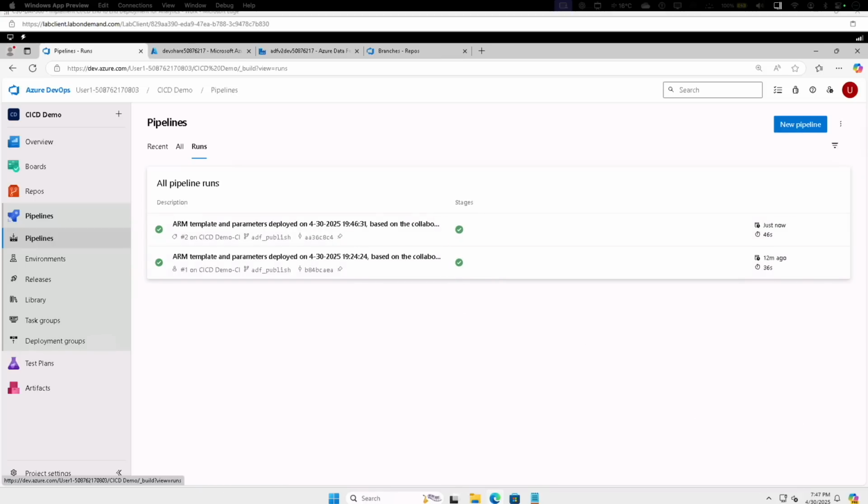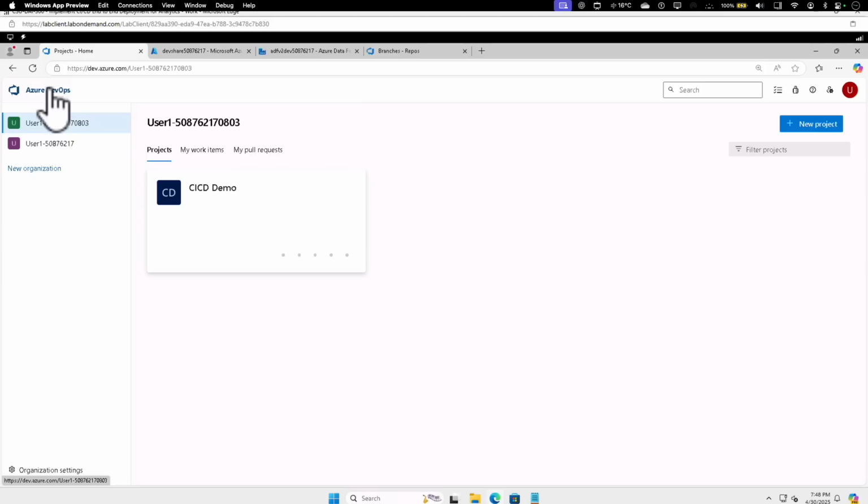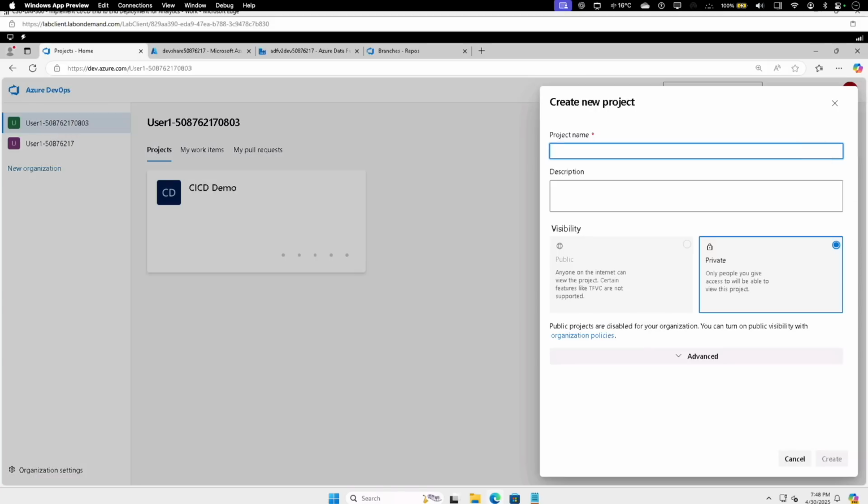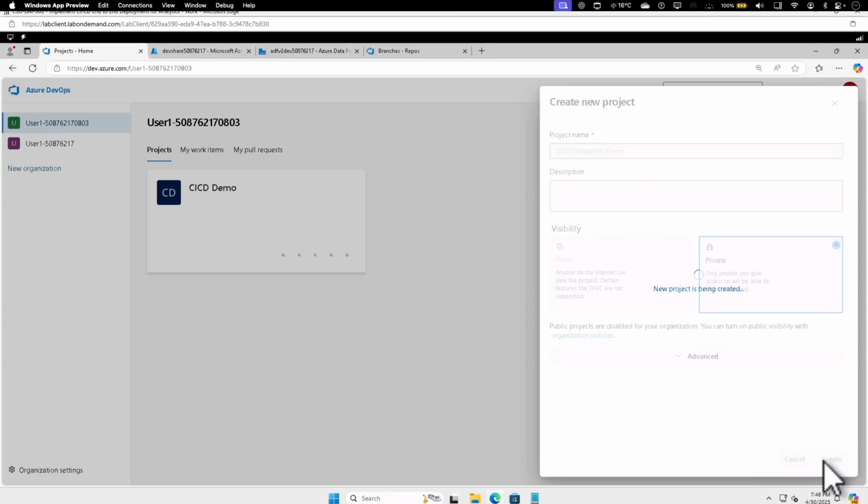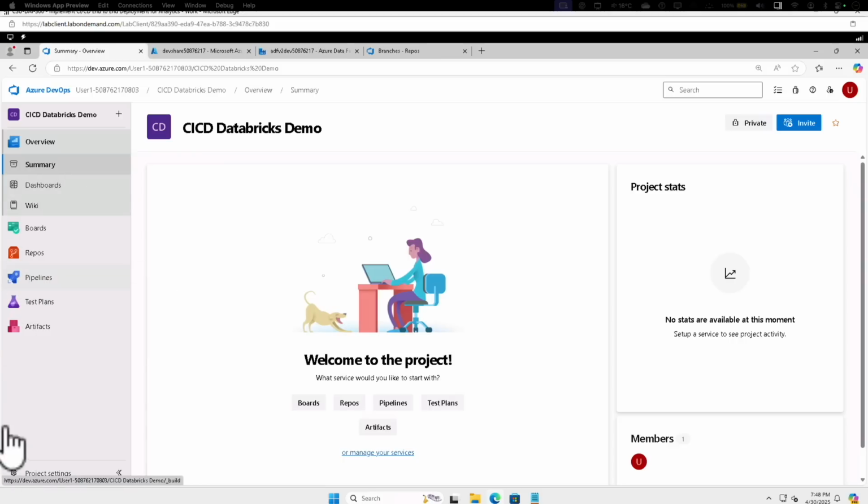Next, let's go and learn how we can do continuous integration configuration in Databricks. So to do that, let's go to the Azure DevOps. This time click on new project. We're gonna do CICD Databricks demo. Click on create. On the left hand side, you can see the navigation pane and you can see all the